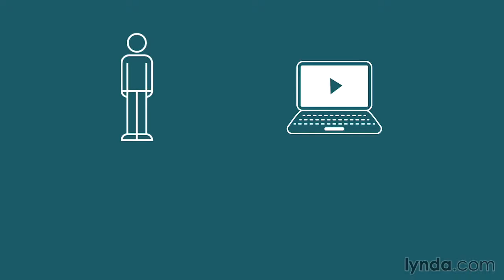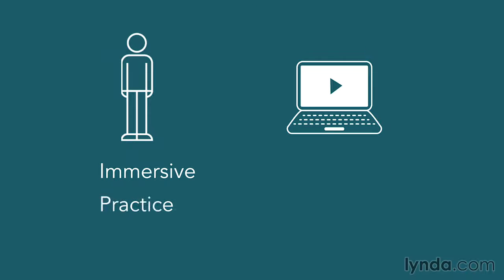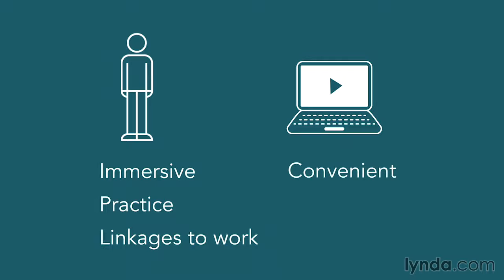Another example is video courses versus classroom training, which is very relevant to me and for you watching this video. People can learn a great deal from video, from the courses that I'm teaching like this. However, I need to be able to differentiate our classroom offerings and show that it's not a complete substitute for what we do. So I have to spell out, this is what you get in the classroom. You get immersion and practice and linkages with your day-to-day job. And here's what you get from video. You get convenience, you get content. And I need to show how each offering benefits the customer.